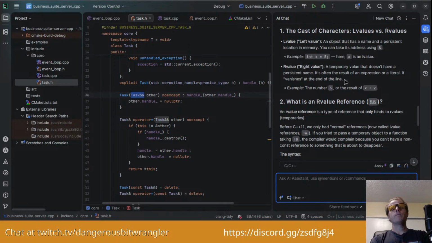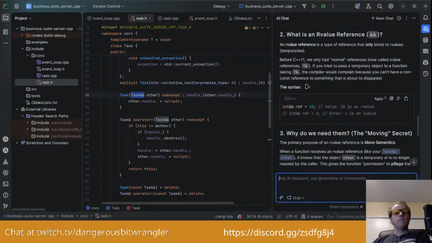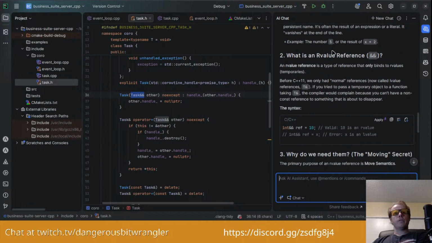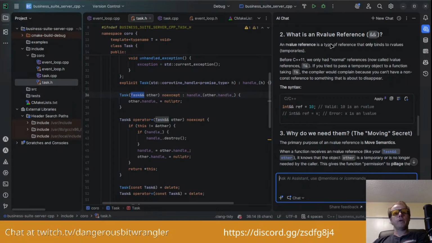Oh, okay. The example they give is int x equals 5. 5 basically disappears after it's processed and the value is assigned. Or the result of x plus 2, that result is assigned to something and then it no longer exists. It's just assigned to the L value.